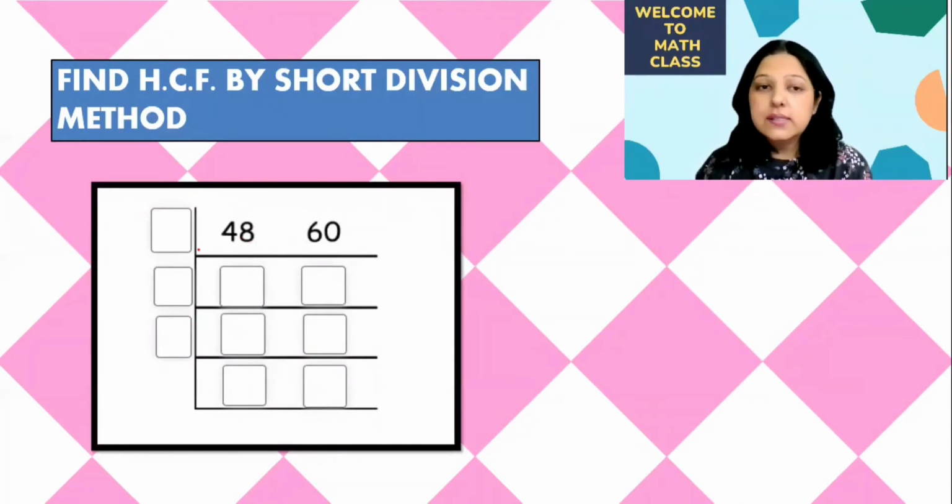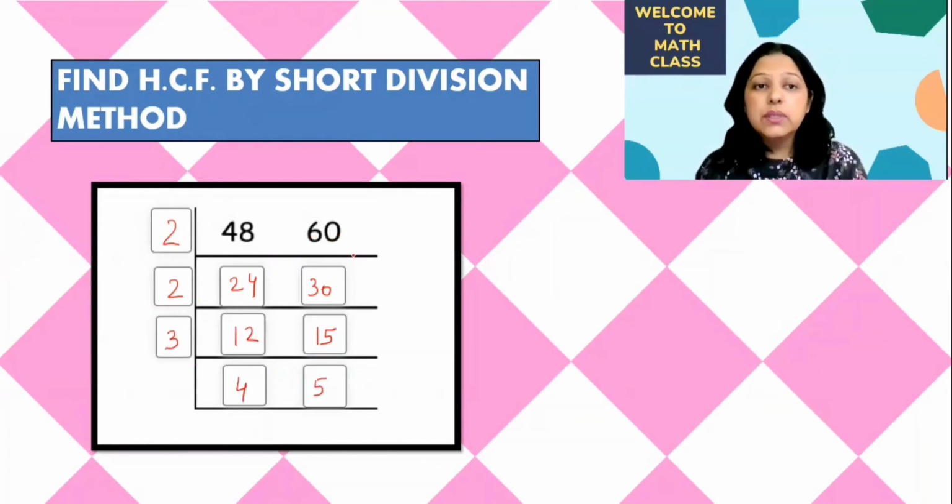Okay, 48 and 60, we can see that we have a common factor 2. So when you write 2 here, this will give you 24, and this side it is 30. Again 2 is a common factor, so 12 and 15. Now 2 is not a common factor. Let's take a common factor here, that is 3. So 4 and 5. And we will stop here only because now you can see there is no common factor of 4 and 5. Now HCF will be